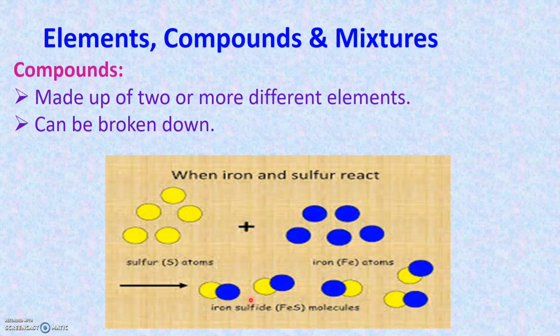We already know that a combination of atoms is called a molecule. So here, this iron sulfide compound is now made up of iron and sulfur molecules, where two or more atoms combine together, we call it a molecule. So here there is a combination of two atoms, that is sulfur atom and iron atom. And so we can say that in this iron sulfide compound, we have iron sulfide molecules.